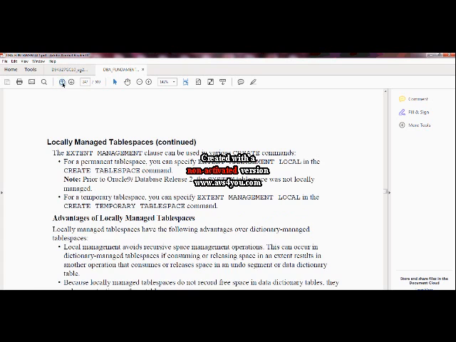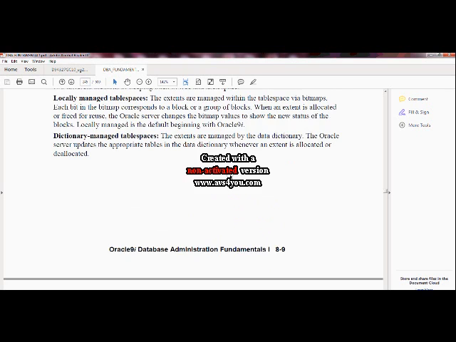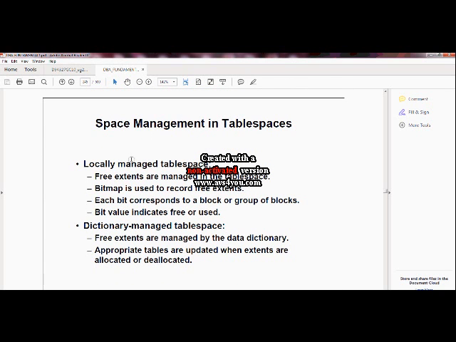There are two types of tablespace which we see by nature: system and non-system. By the method of organizing the tablespace, we have two kinds: locally managed tablespace and dictionary managed tablespace.